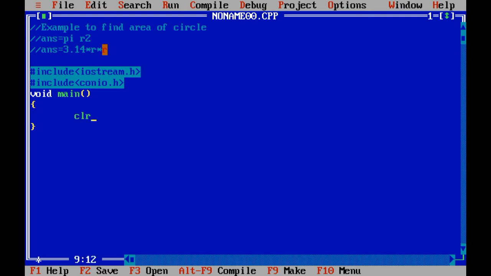Then for clearing the screen, clrscr and getch. Let us take float data type, answer variable and r variable.